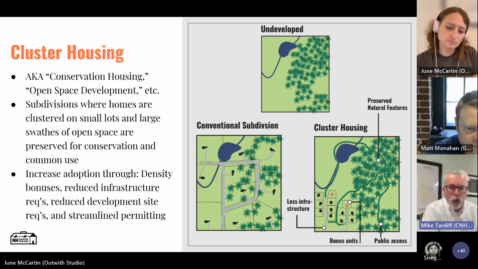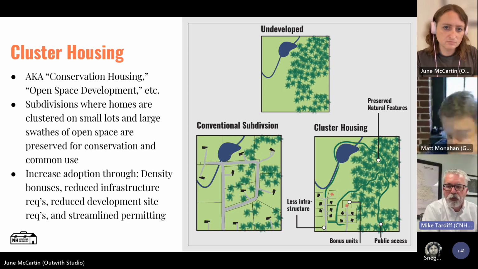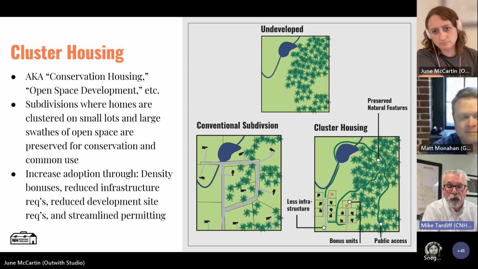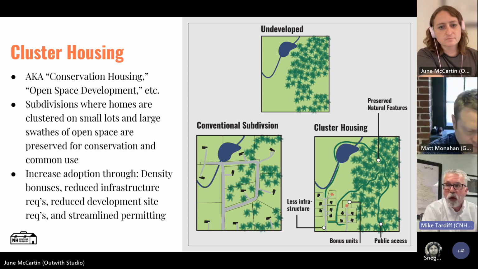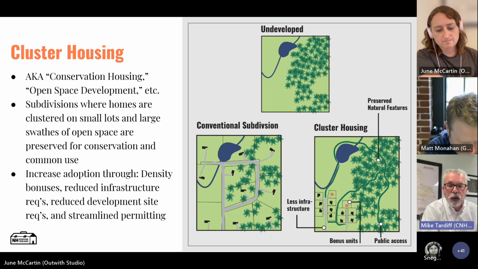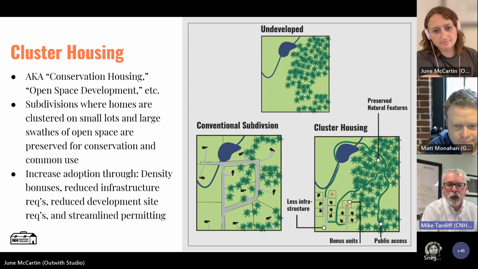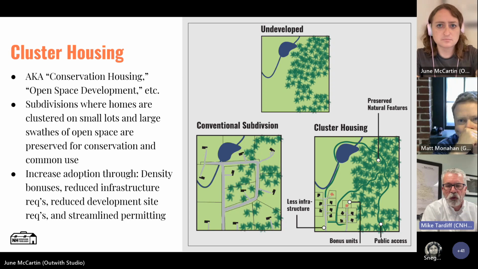And oftentimes we start with the difficulty of developing using an existing cluster ordinance and options. Well, the first thing said is, oh yeah, we have a cluster ordinance on the books. Nobody ever uses it, and why? Well, the complexity of the process, the difficulty of developing a yield plan, the economics tied to that. So, what are a couple of things that a town can do, a community can do to make it more